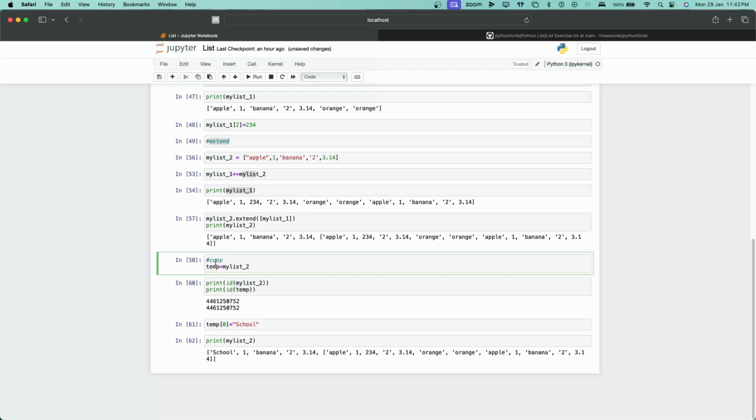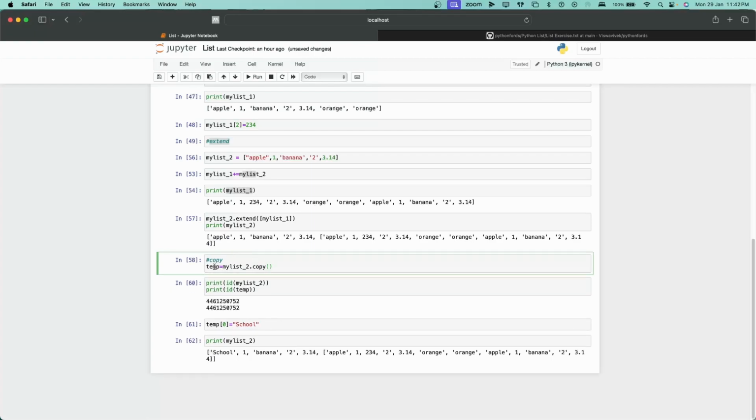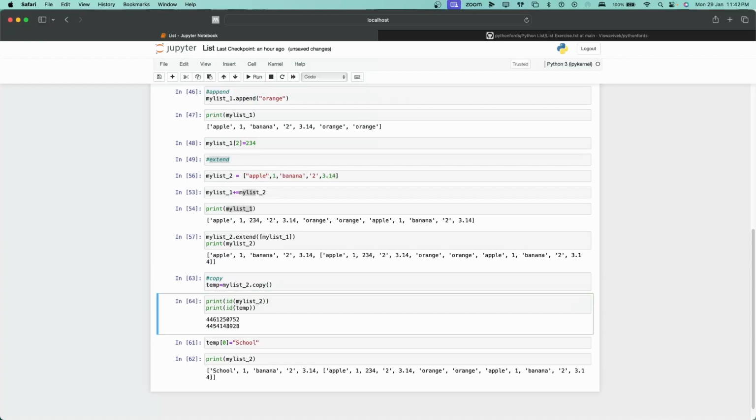For such scenarios, we have to use the copy function. Let us see how we can use it. To make a copy of it, you have to just use the copy method available in the list. So instead of writing temp equal to mylist_2, you say temp equal to mylist_2 dot copy. So it will create a copy of it. Now, if you see the location or reference, both have different references. And if I make changes in the first element, the 0th index item, it will not affect